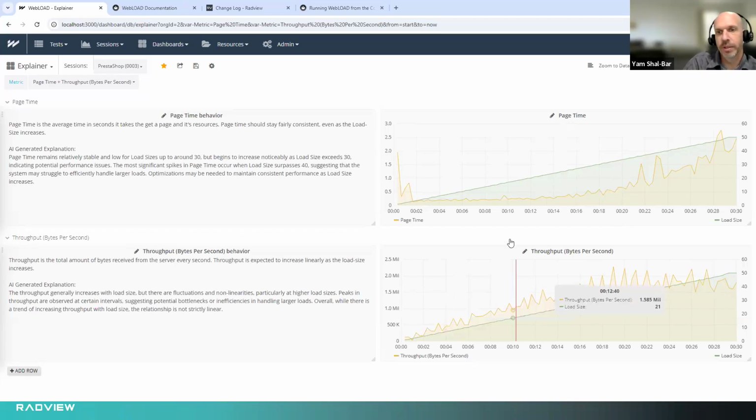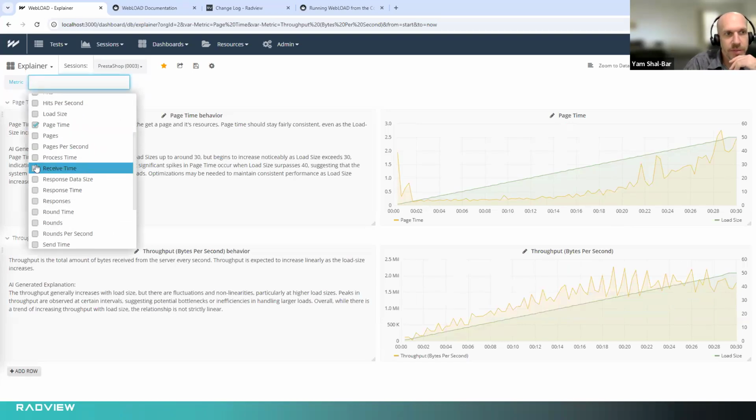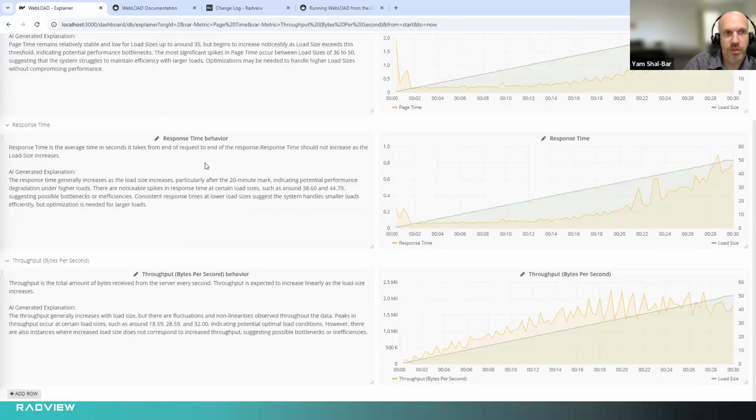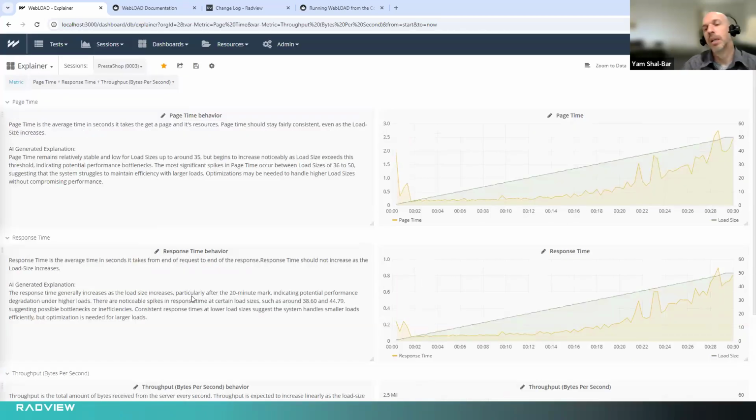I won't go over everything, but you can do the same thing for throughput, and you can add other things, like response time, so you'll also have an explanation about response time. So that's ChatGPT. I think it's very useful if you're unsure about how things should behave and what you're seeing in a session. Obviously, the disclaimer is that ChatGPT is AI. It can hallucinate and say things,